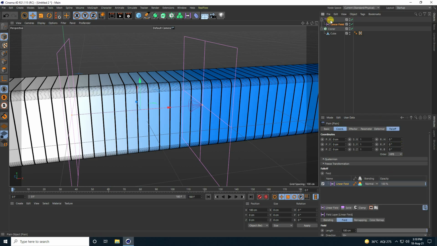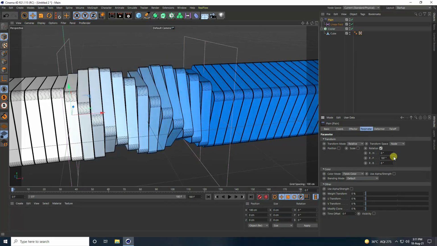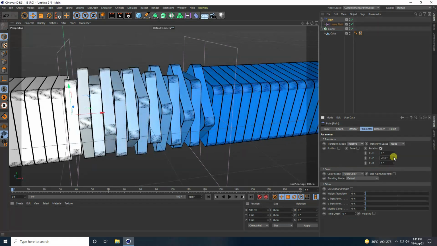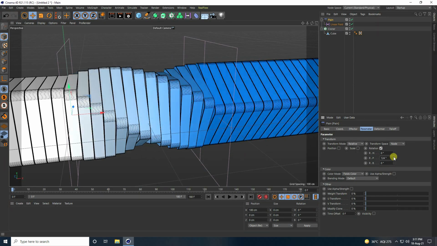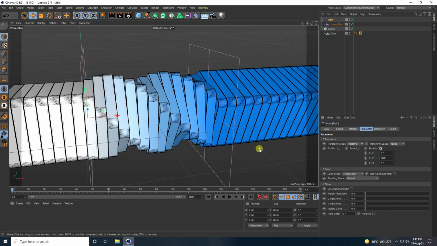Okay, so guys, select this Plane parameter and rotation increase like this. See guys, that's my simple rotation. So guys, rotation like 200 is good, yeah.